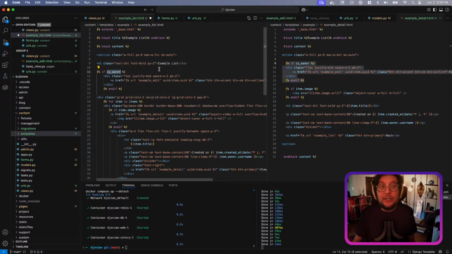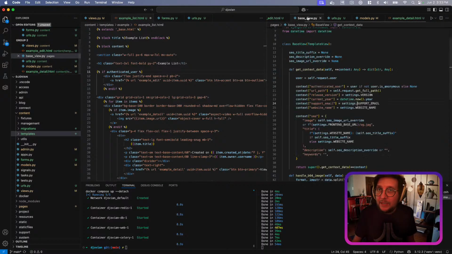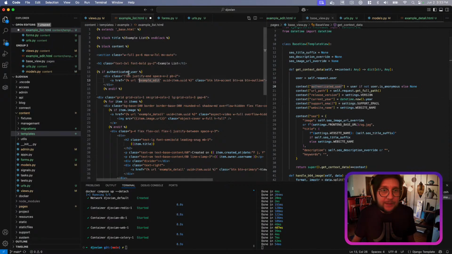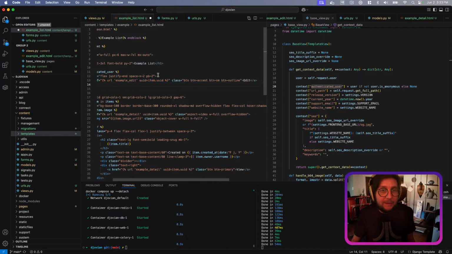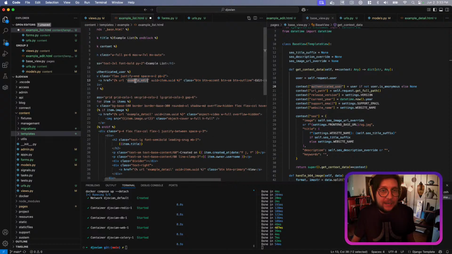In this case, we're not going to check if isOwner. We have this thing called authenticated user, and that's just part of our base. In our base view, you'll see authenticated user. Let's make sure I did it. Because obviously we don't really want to have a create button if there is no authenticated user. We could, and maybe we'll do that in a minute, but I'm getting ahead of myself here. And this one, it would be example,